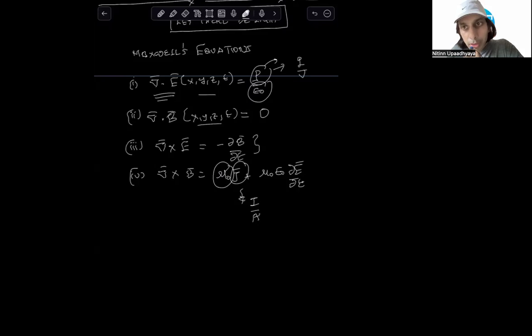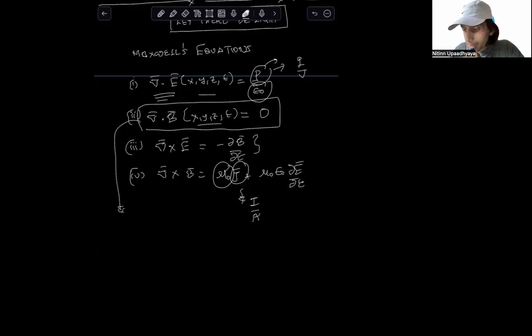These are partial differential equations because, as you can see from these expressions, for instance, if I look at this expression, it's the divergence of the magnetic field. It says that the divergence of the magnetic field is 0. And if you were to write this down explicitly, if you were to just write down del dot B in